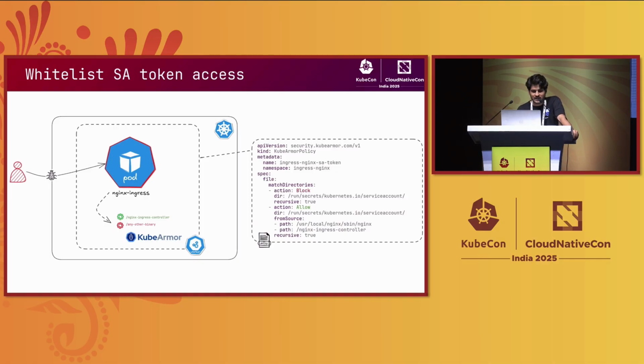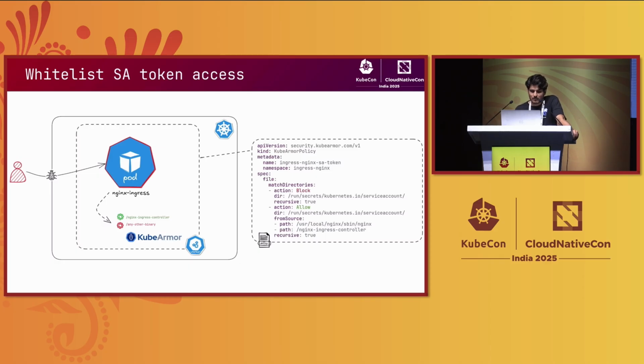So in Kubernetes, an attacker can use a service account token to create or accelerate the attacks. So what this KubeArmor policy does is that it restricts the access of the service account token only to the application binary. So if anything comes out of that, then that activity will be identified as a malicious activity and will not be allowed. It will be blocked in real time by KubeArmor. So yeah, this is how it works.